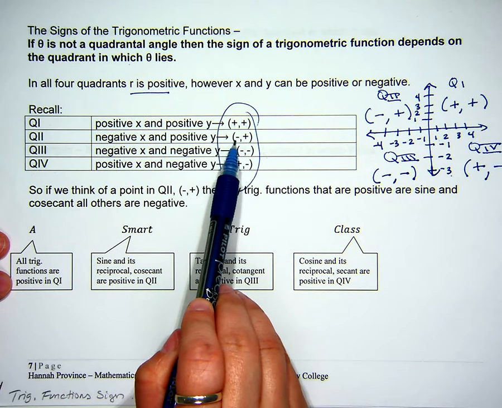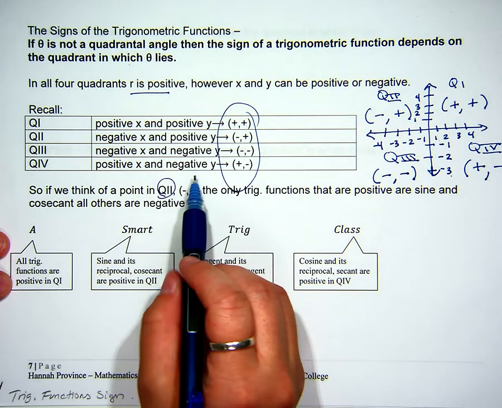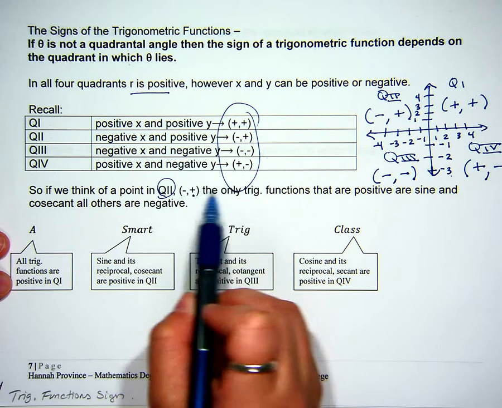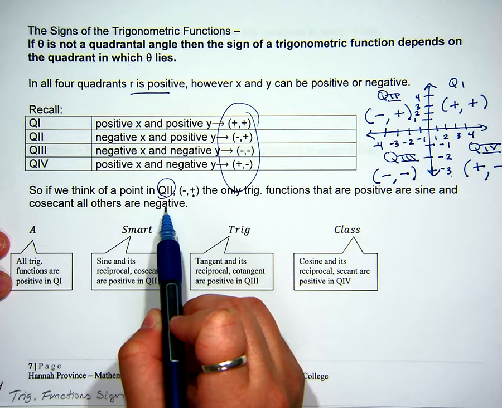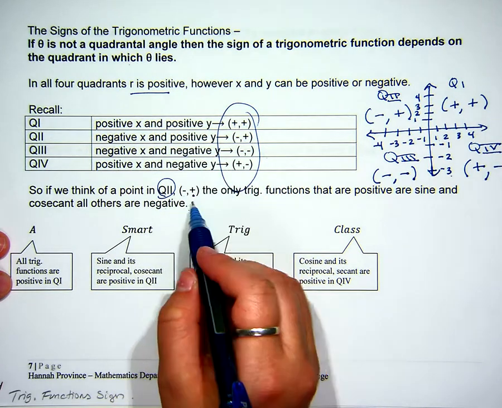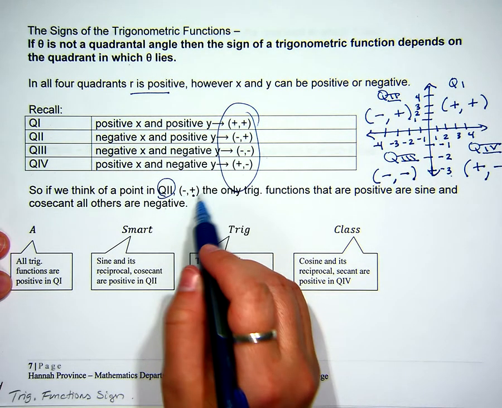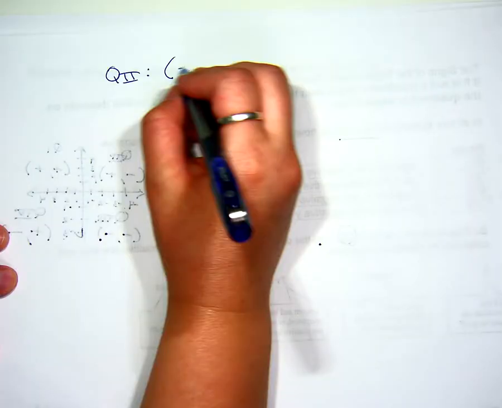So if we think about a point in quadrant 2, negative, positive, the only trig functions that are positive in that quadrant would be sine and cosecant. All others are negative. Now let's talk about that. If I want to talk about quadrant 2 points, quadrant 2 points are negative, positive. And if I want to talk about my trig functions,